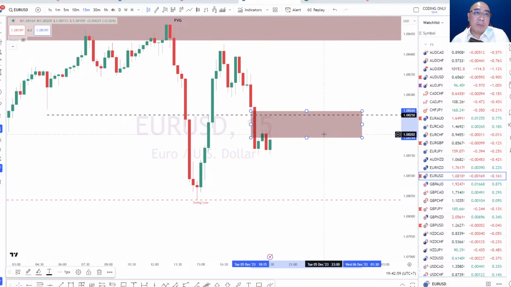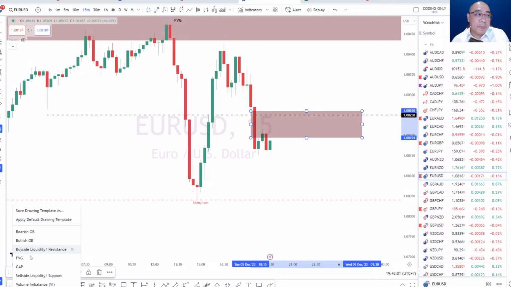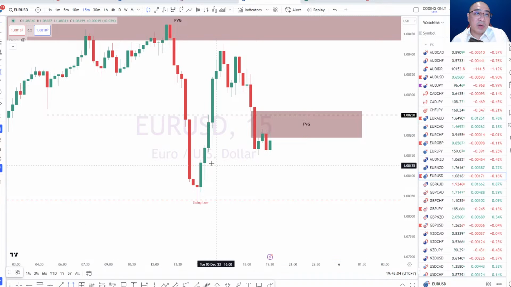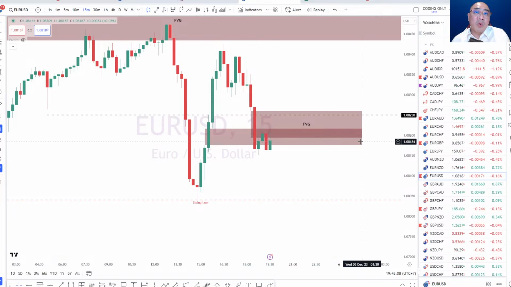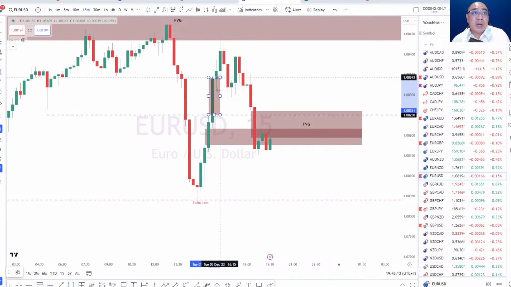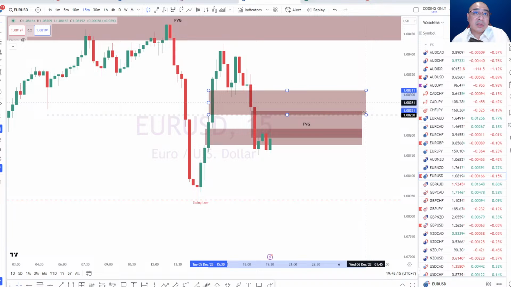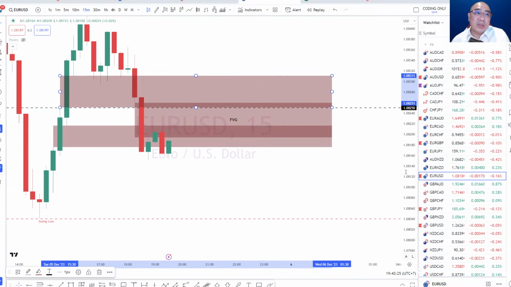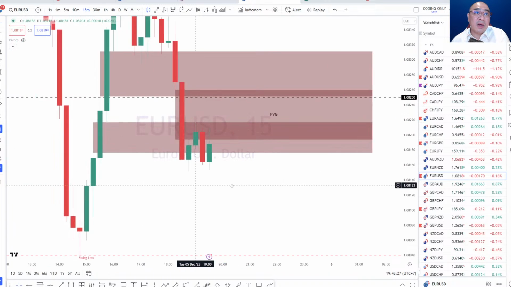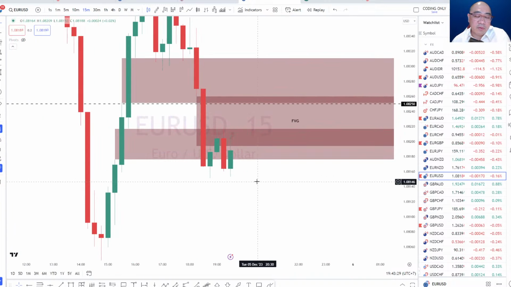There's a fair value gap here, which is considered to be a bearish fair value gap. And there's a fair value gap on the way up that overlaps with this level here. So the more boxes and the more overlaps that I have, you can identify those zones as potential resistance. Within the fair value gaps, where they overlap, you can identify a stronger resistance in the market. Take a look at where it's failing right now. It's at the darker zone on the overlapping fair value gaps. So the logic is sound and simple.